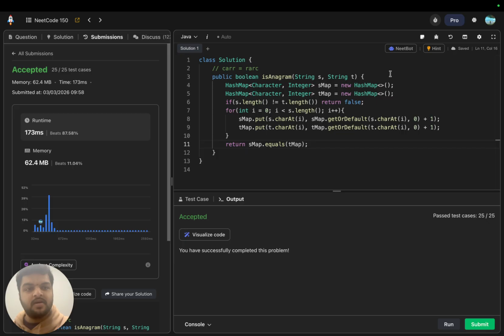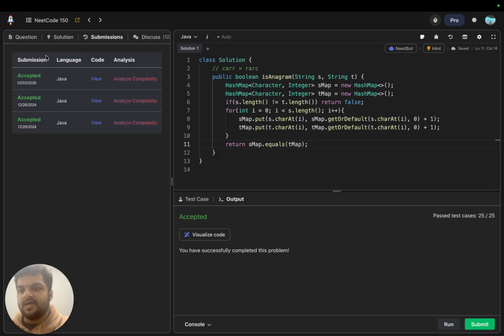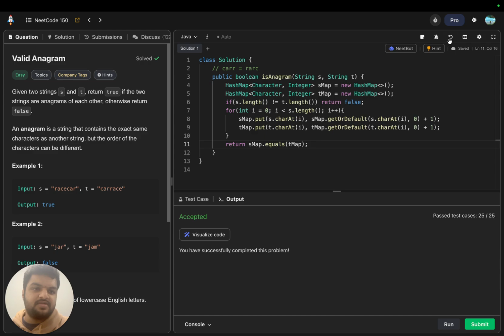I'll show you the char map version as well, which is quite similar. So instead of this, what I'll do is int t map equal to new int of 26,